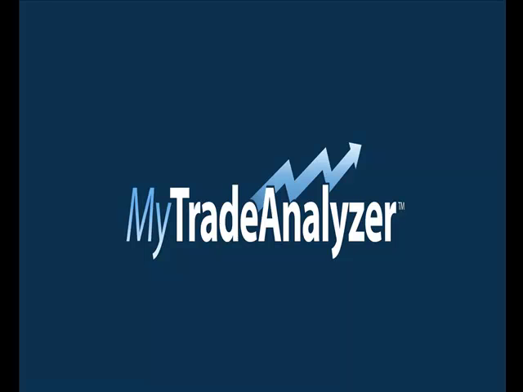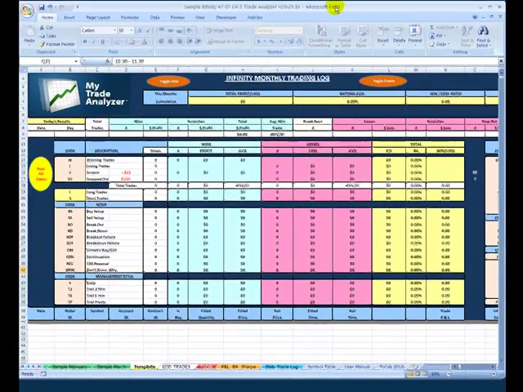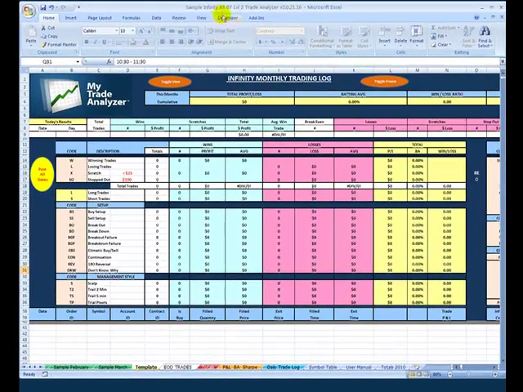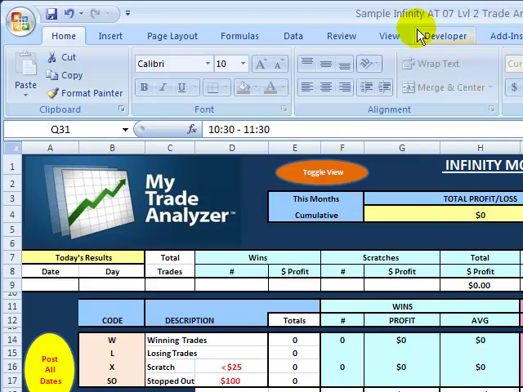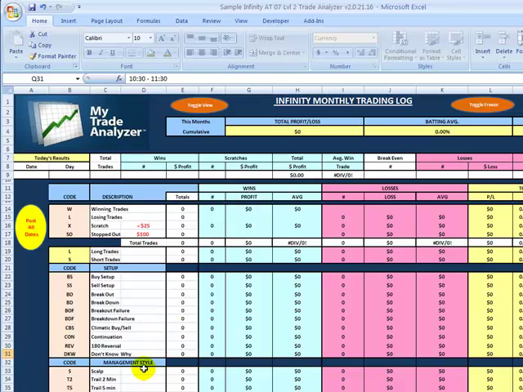In today's presentation, we're going to discuss using the Level 2 Analyzer. For the presentation, I'm using a sample Infinity Level 2 Analyzer that already has several months of trade data in it, so that you can see exactly how it takes and sorts your raw data and gives you a place that you can actually code in the types of setups you have, the management style that you trade on,